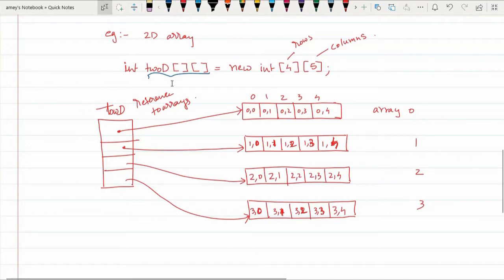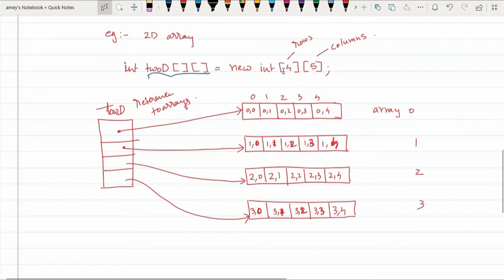Actual creation of the matrix occurs on the right-hand side definition, where the new operator is involved. The new operator creates a 2-dimensional array in the memory.